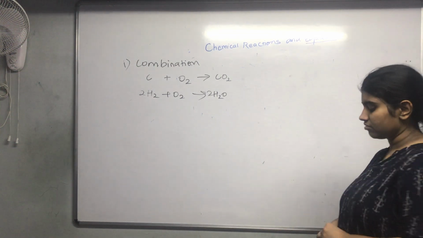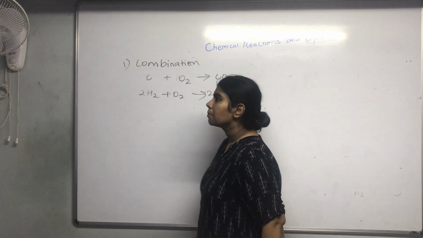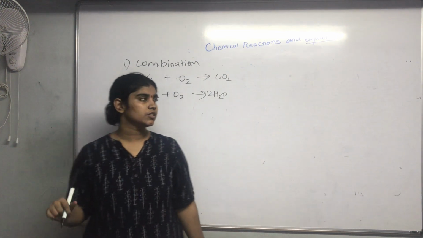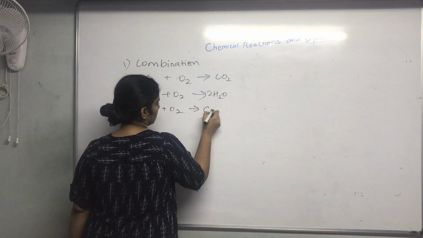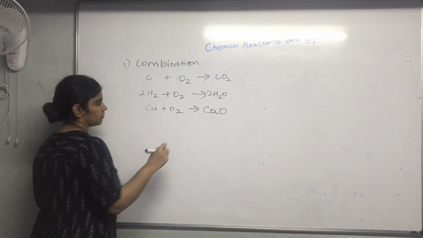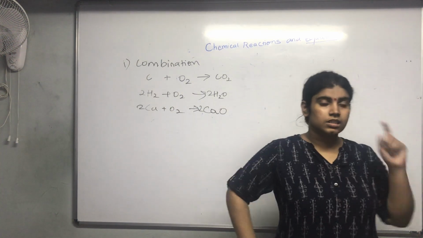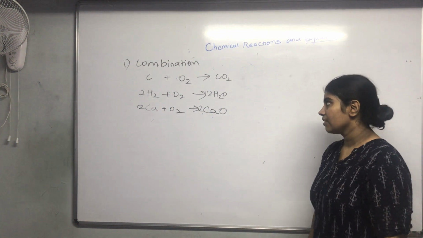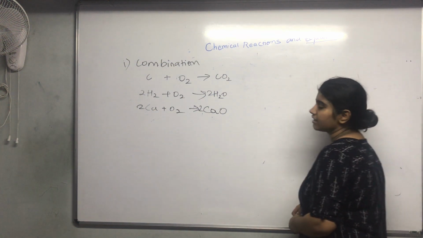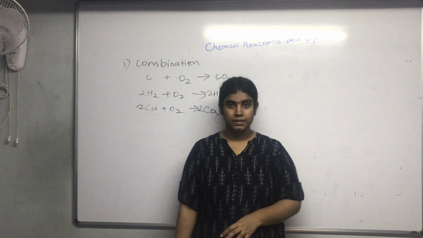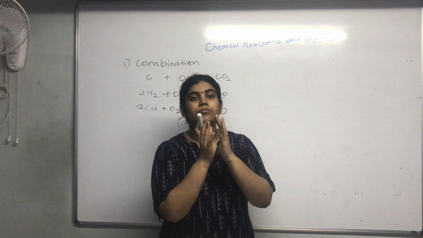And the third example which I would like to give you all is calcium plus oxygen, Ca plus O2 gives you CaO, calcium oxide. So this is a combination reaction, wherein two single substances react together to form a combined product. After the combination reaction, which is like joining in,